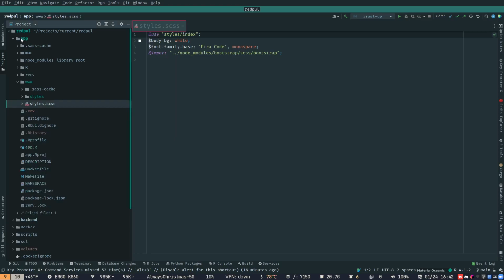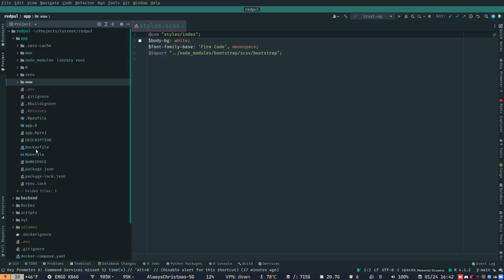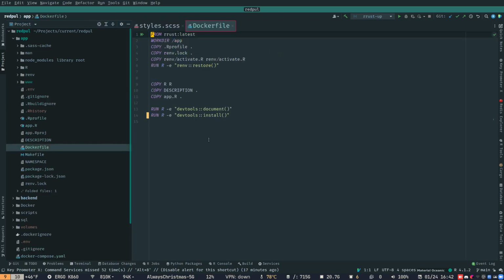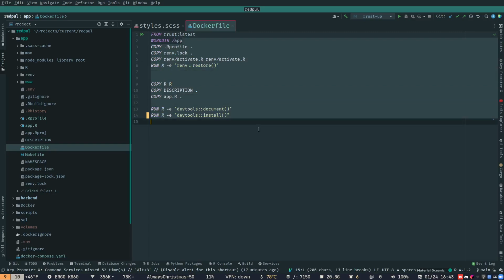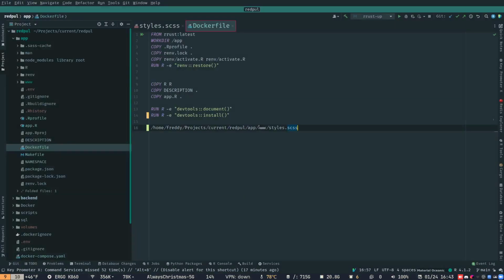So this is that app, the Shiny app. But the thing here is building that. What I like to do is build the shared stuff, that's this R Rust, and then the app specific stuff goes here. In your case,